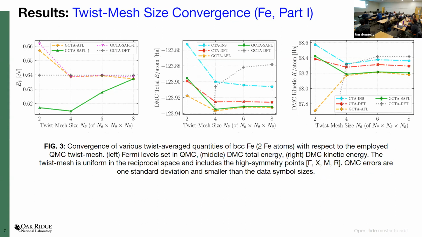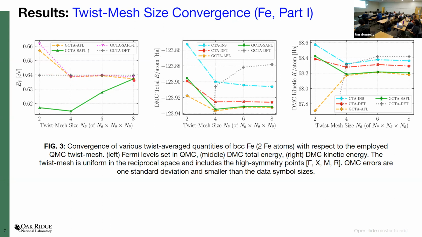Okay, now let me show similar results for BCC iron. Again, this is a small cell with 2 atoms. On the left, you see the Fermi level. Again, the conventional GCTA is flat with gray. The GCTA AFL, the yellow one, is shown here. And then the purple and the green ones are the up and down Fermi levels for the GCTA SAFL. And you see that as you increase your twist mesh size, they all go towards the conventional GCTA DFT value,